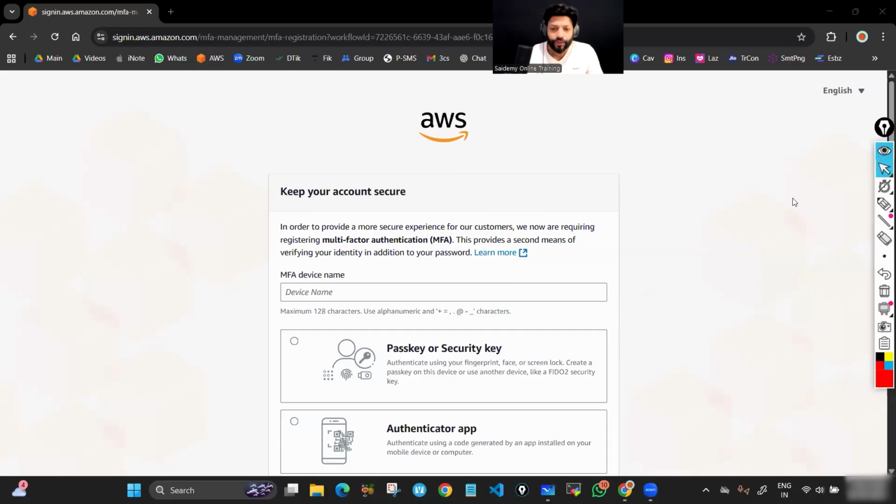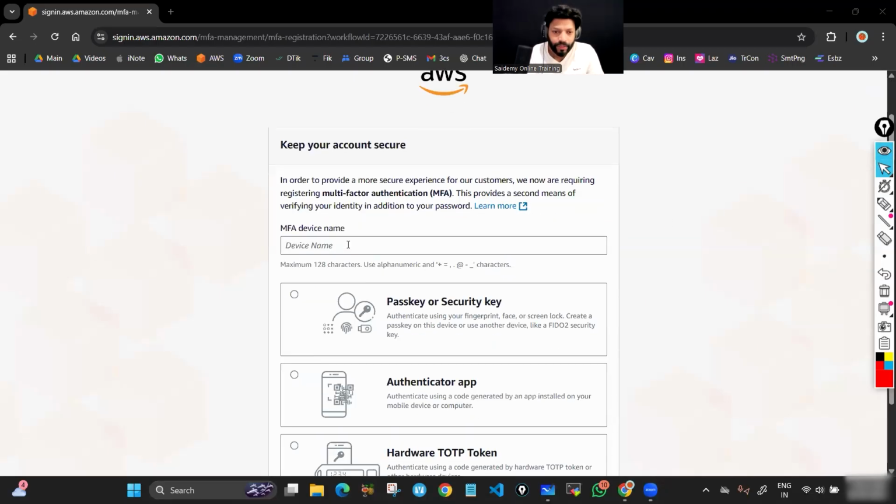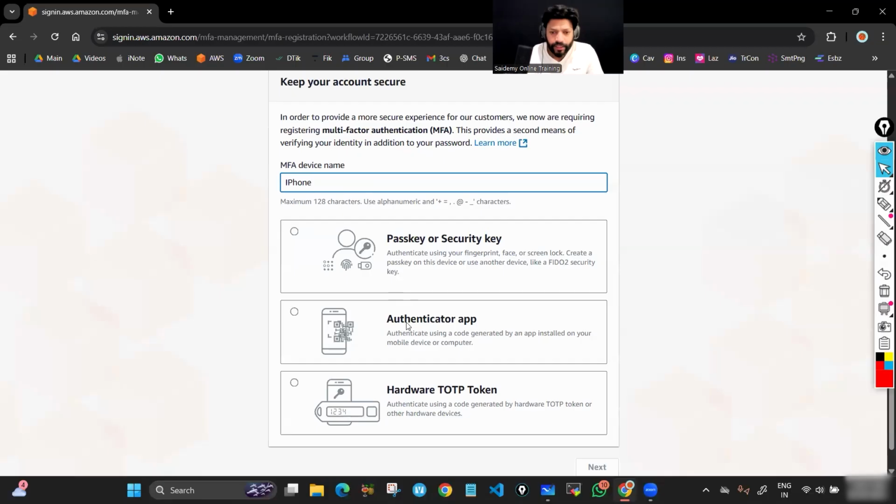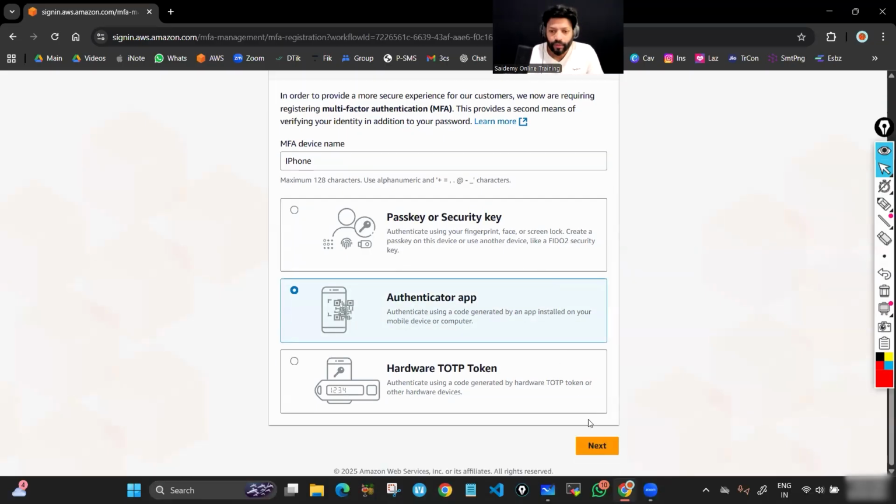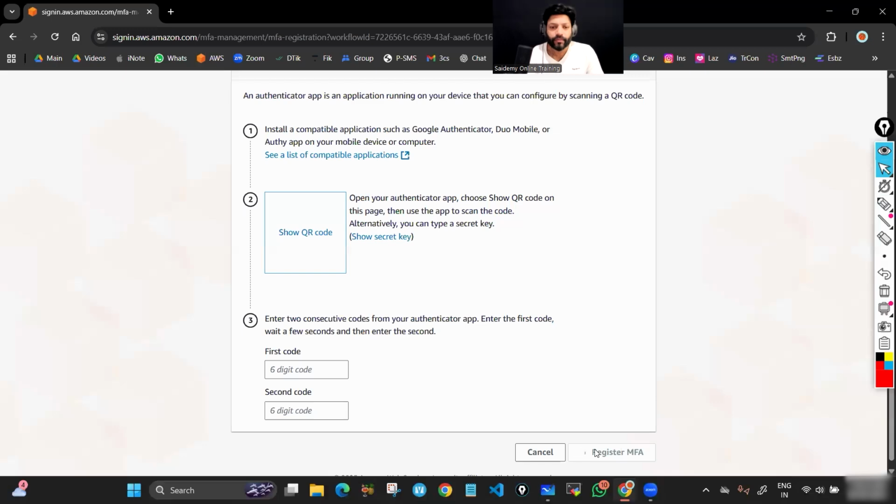Okay. So what you do here, you give any name here. Device name, whatever name that you want, you can give. My phone, device means your phone related. My phone is iPhone, so I'm giving iPhone, any name. Then click here, Authenticator app. Click on it. Then click on next. Now what you need to do, you need to download one app in your phone from